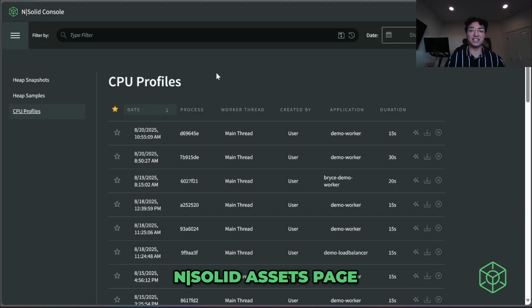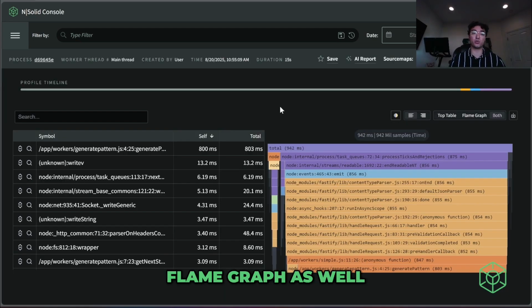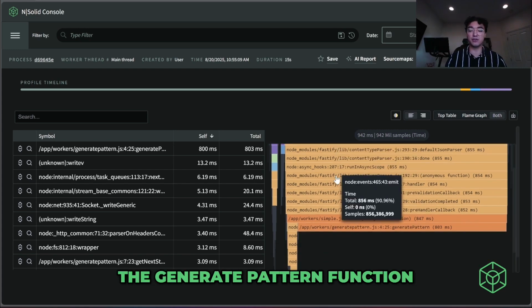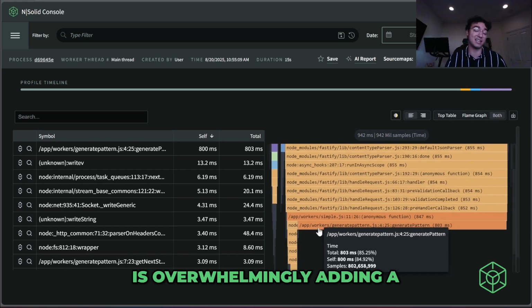Let's dive into the N|Solid assets page to check in on that CPU profile that we logged earlier. We also have access to heap snapshots and heap samples, but today we'll just be focusing on our CPU profiles. Here we have a flame graph as well as a table of the time it took for each of our different functions within the worker to complete. We can see that the generate pattern function is overwhelmingly adding a ton of time to our application and really